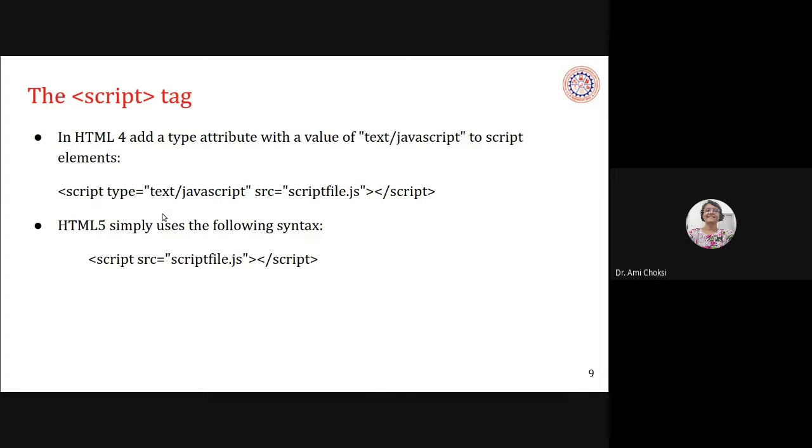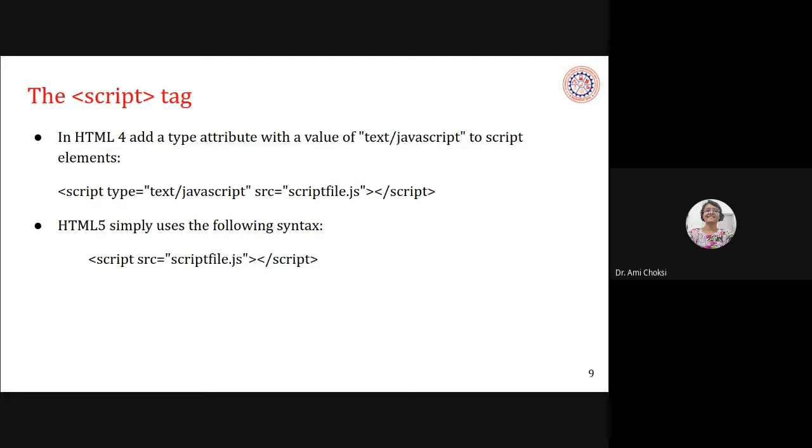And in HTML5, it makes our life so simple. We just have to write script src equal to whatever our script file is. And what we used to call the smallest JavaScript file, that is the empty JavaScript, isn't it?